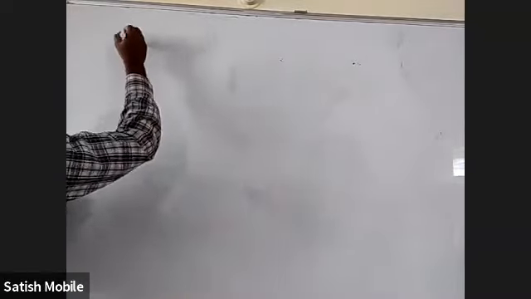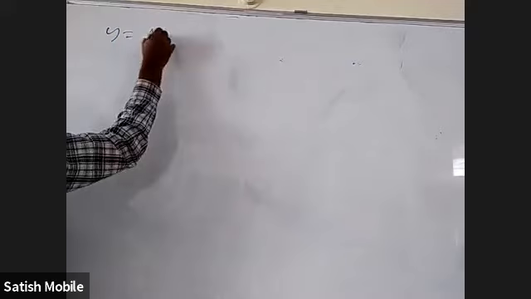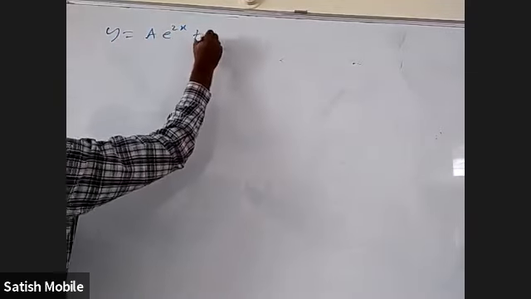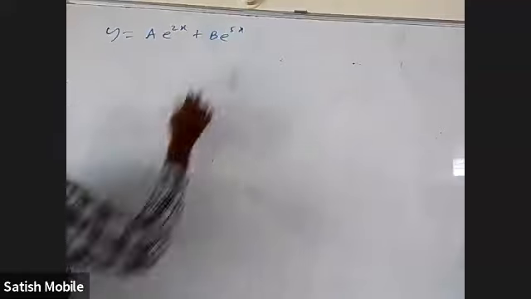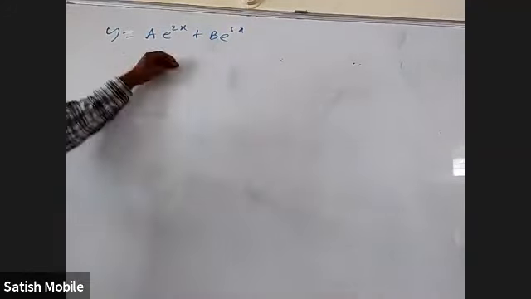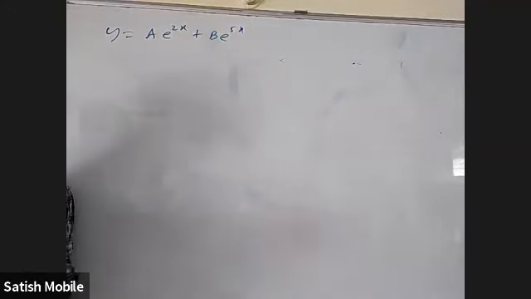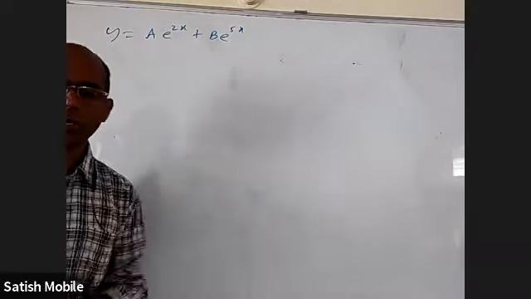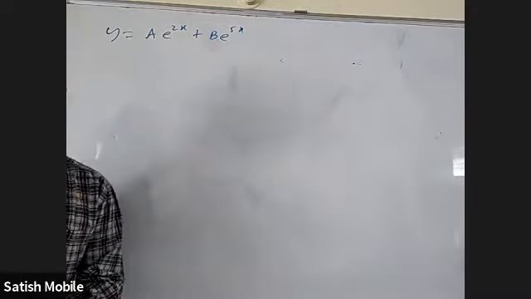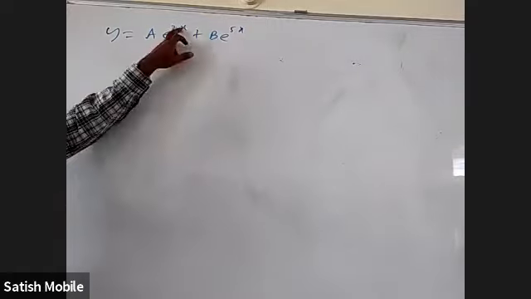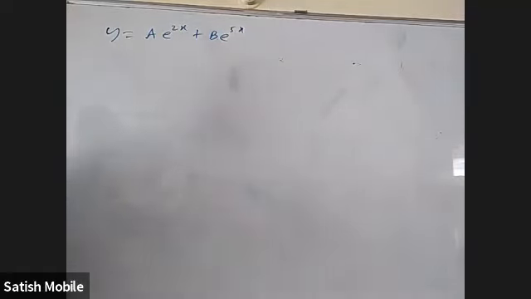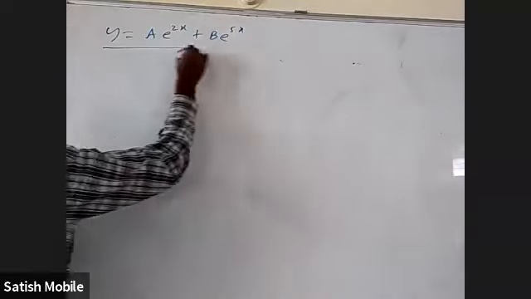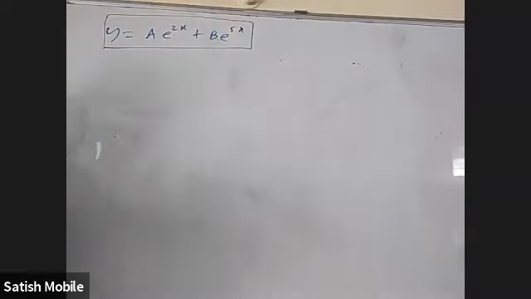Let us say I have y is equal to a e power 2x plus b e power 3x, or some 5x. Okay. This is not as easy as the previous question, because in the previous question when you differentiate twice, you got 9 times the original equation only. But here we are not going to get that. You are going to get into 2 in the first derivative, later on into 4. Okay. So for solving this differential equation, I want to discuss a few methods.